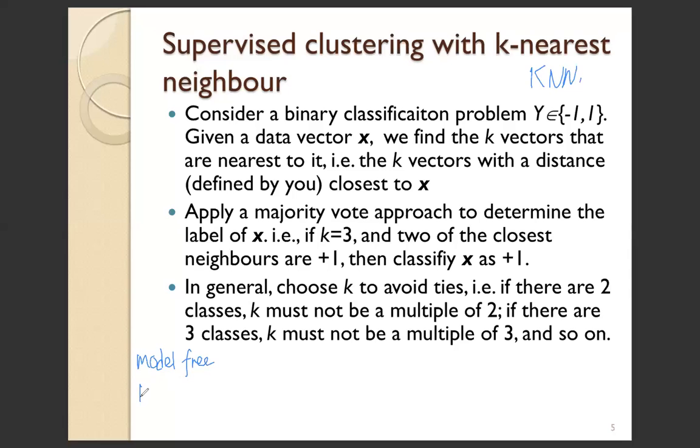You just need to define a suitable distance function. And then after that, the way to do it is like this. If you have data points distributed in such a way,